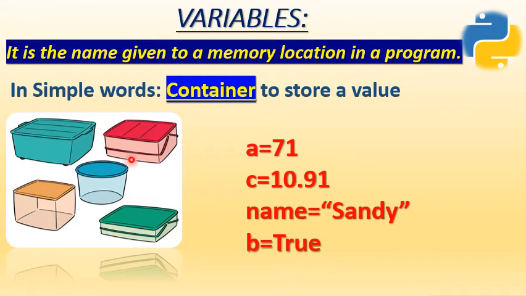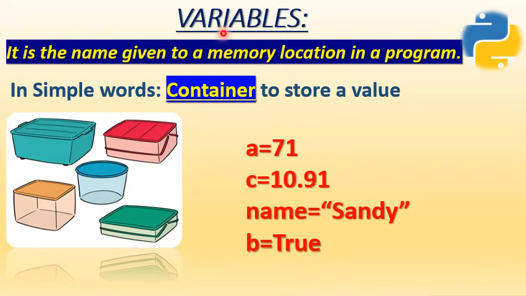Let's come to your kitchen first. In your kitchen, you need a big container for keeping rice. You need a medium container for keeping sugar. You need a medium container for containing turmeric. So what happens in your kitchen is, for storing different kinds of material, you need different types of containers. Different types of containers, I mean to say their size. For rice, you need a larger one. For salt, you need a smaller one.